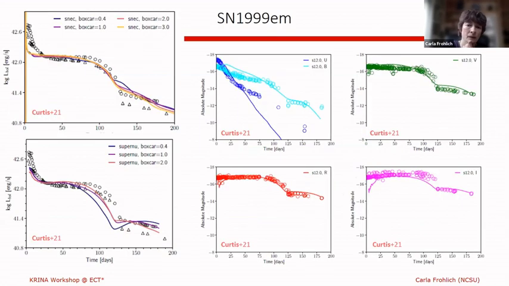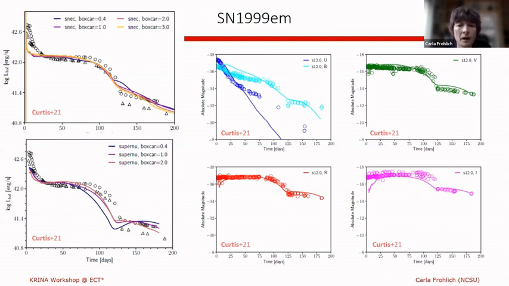All right, so here, while I stress the importance of comparing to ensembles, we actually have compared against an individual supernova. This is 1999em. It's a low mass progenitor, so order of 12-ish solar masses. And so we're comparing against a 12 solar mass model of ours.